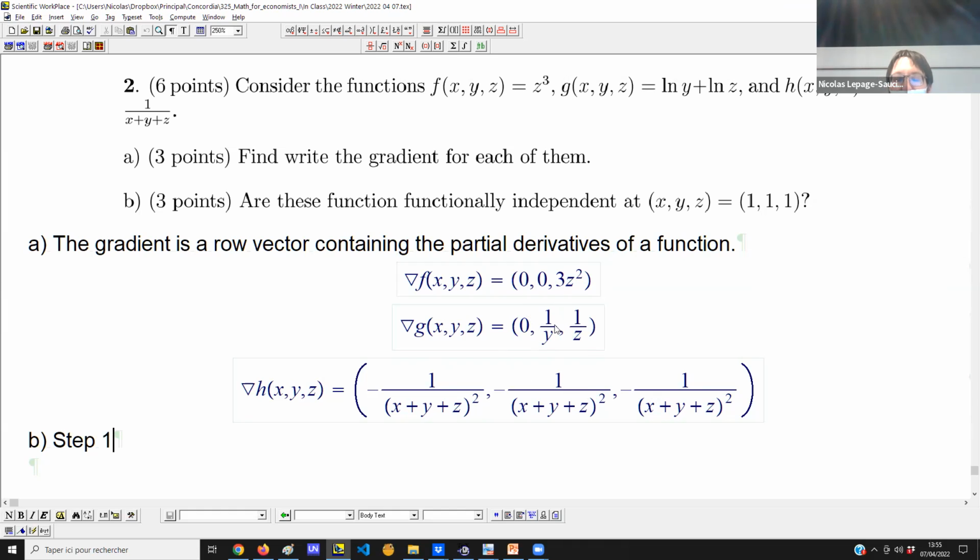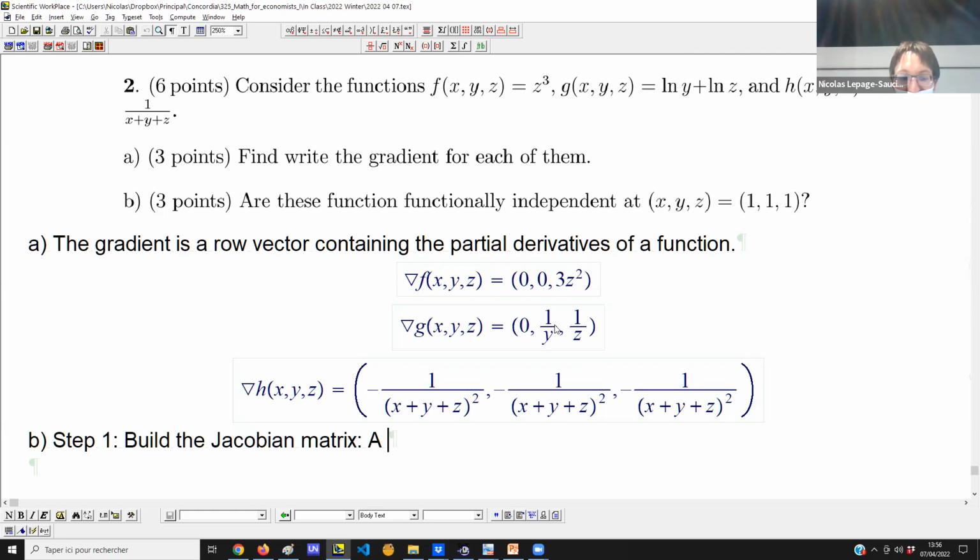Or you could put them in a matrix and compute the row echelon form. That would work too. In the book they say determinant, so let's go with determinant. So build the Jacobian matrix